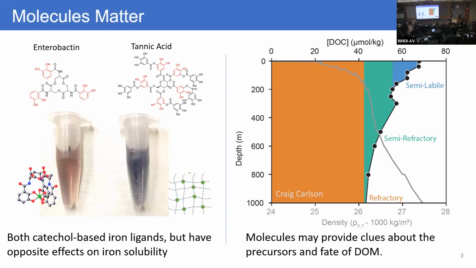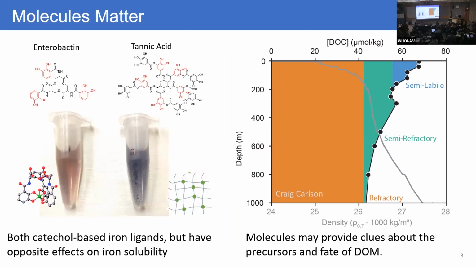But this compound here, tannic acid, is a degradation product of organic matter, and it's sterically hindered. So tannic acid ends up forming networks of molecules, with different molecules binding to a single iron, that create a mesh that precipitates out of solution. So two different molecular structures end up giving us completely different behaviors. So it's important when we see organic ligands in the ocean to understand: are they going to enhance the solubility of the metal and affect bioavailability, or are they going to enhance colloid and particle formation?